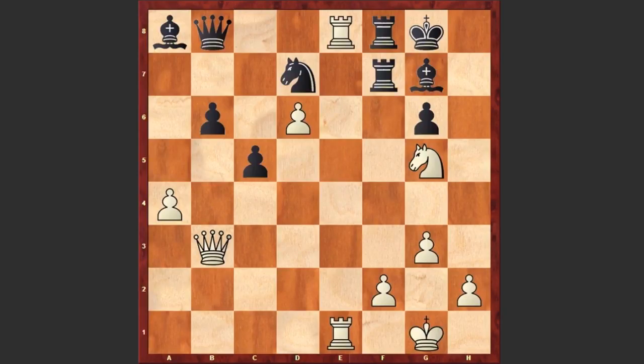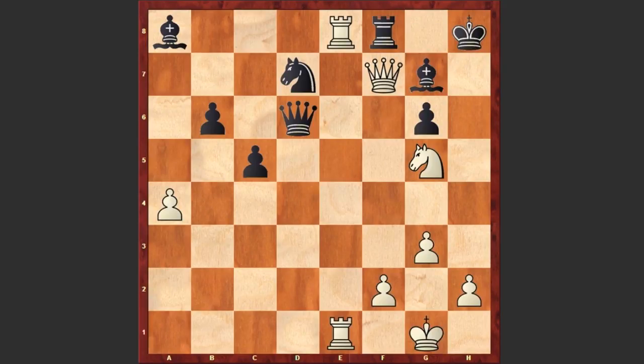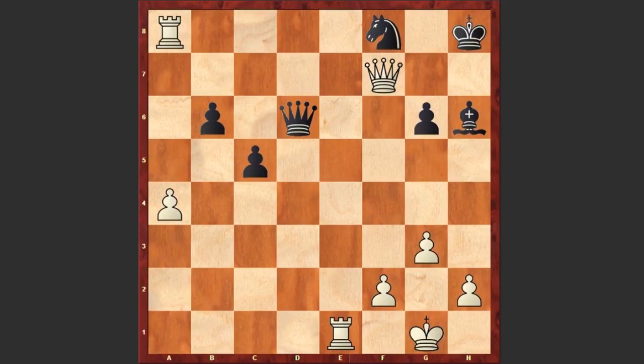Look at this. Queen takes d6, now comes queen takes f7 check, king h8, knight e6, and black resigned. Right now the threat is queen takes g7 checkmate or knight takes f8 and it's over. If a move like bishop h6, then knight takes f8 followed by rook takes a8. A very beautiful combination by